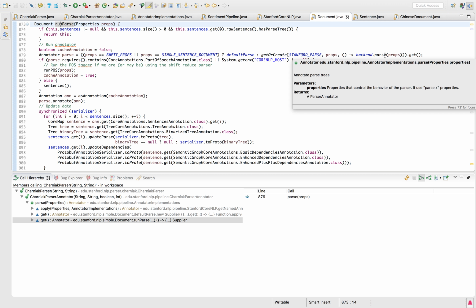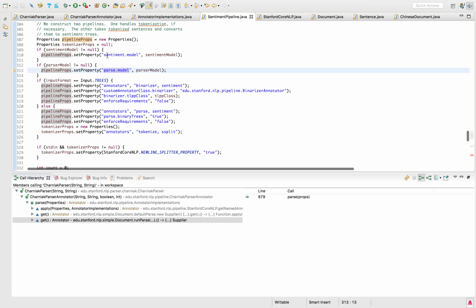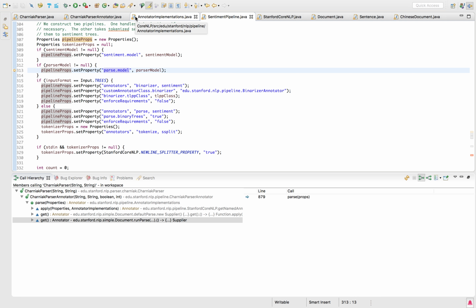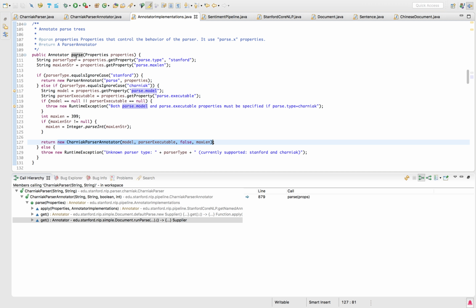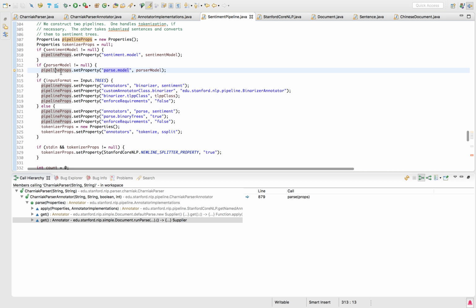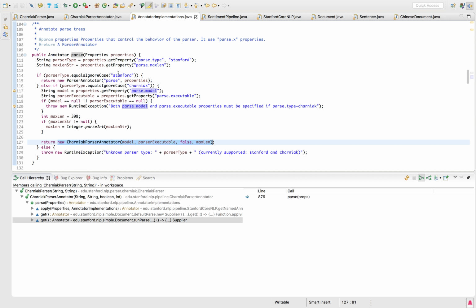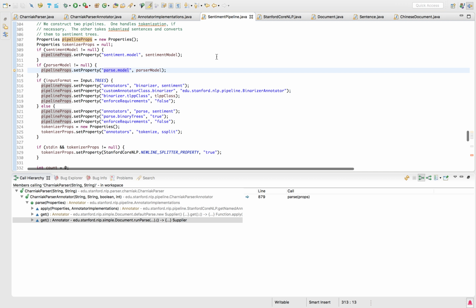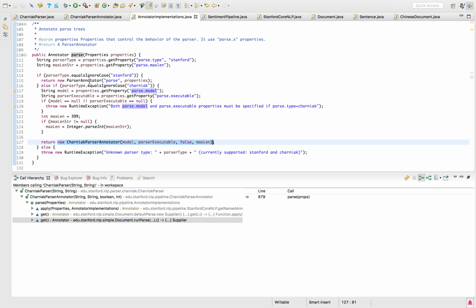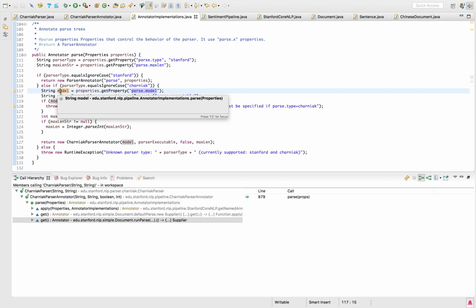Which means there is actually no point where we use this pipeline properties. We are passing this pipeline properties as an object into this parse method, so there is no path from this line of the code reaching this line of the code. So even though this parse model object gets a value from the user, that value is never used at this part. For that reason,